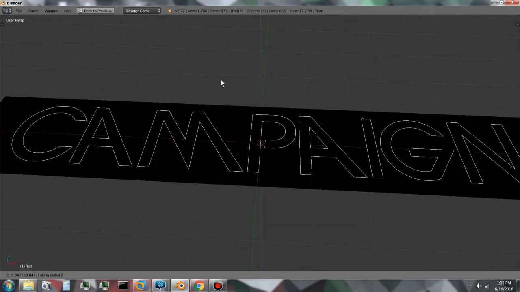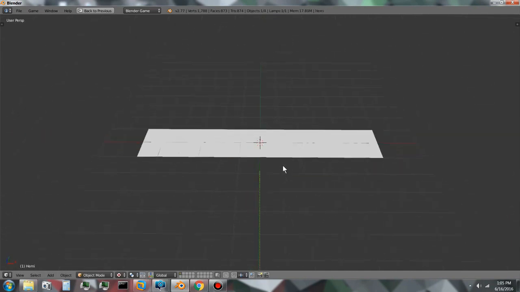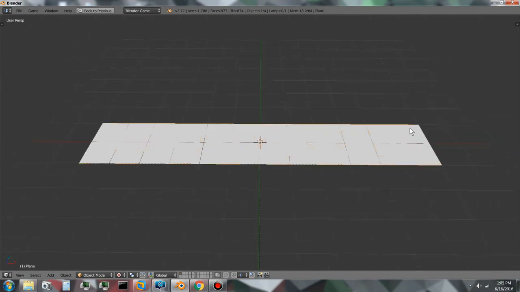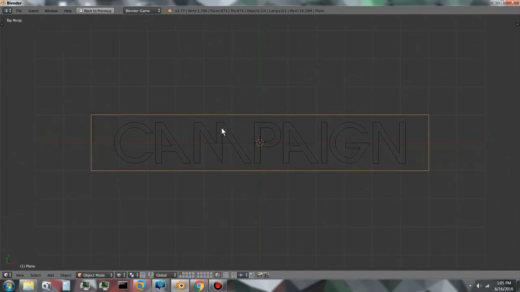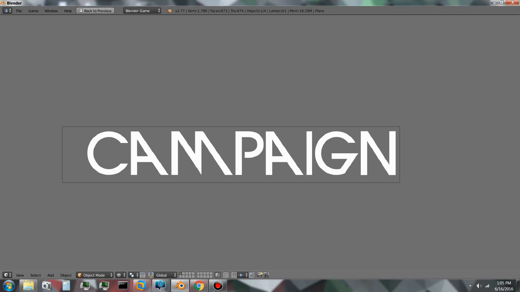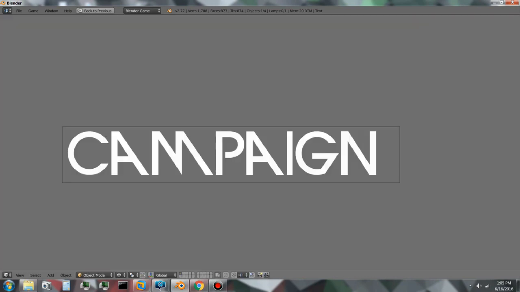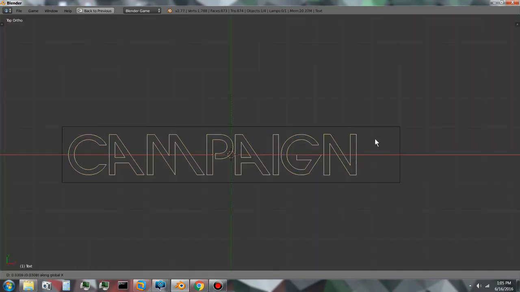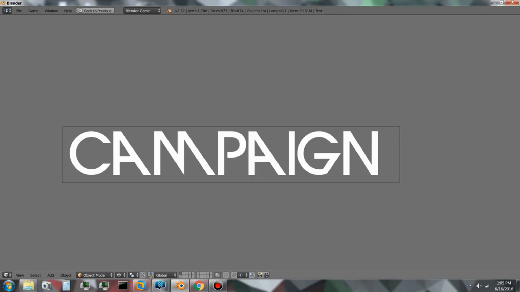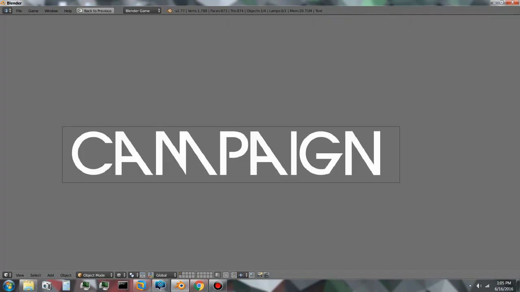I'm also going to move the text slightly upwards and add a hemi lamp. I'm going to select the plane, go into top view and orthographic view, and press play. Now, for some reason the game engine text doesn't stay where it's supposed to be, so I have to manually center it over the plane because it changes slightly when you play the game. So when you have it about right, which is about right there,